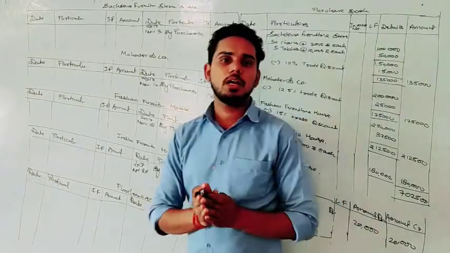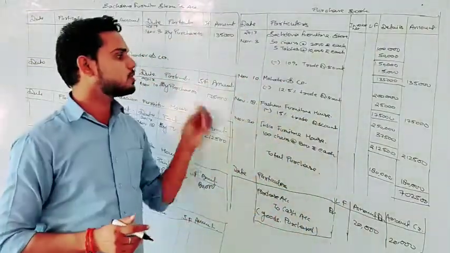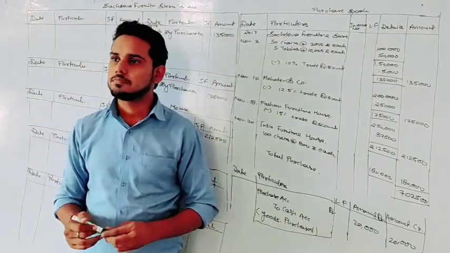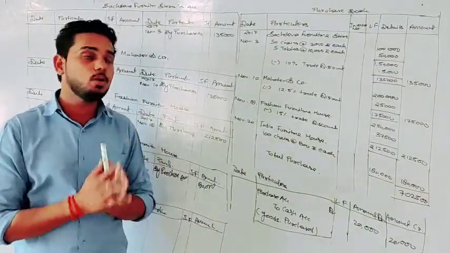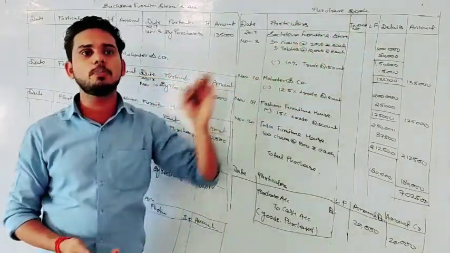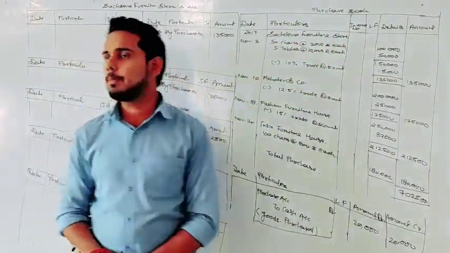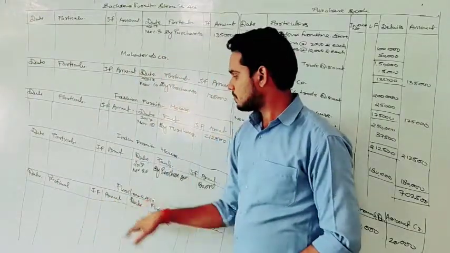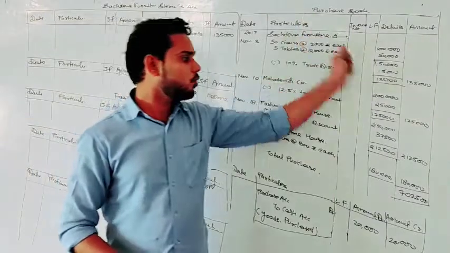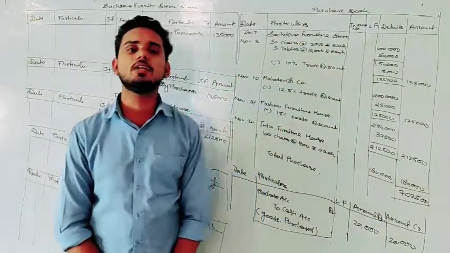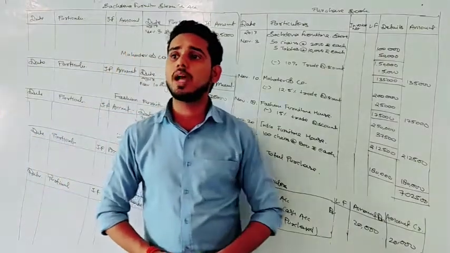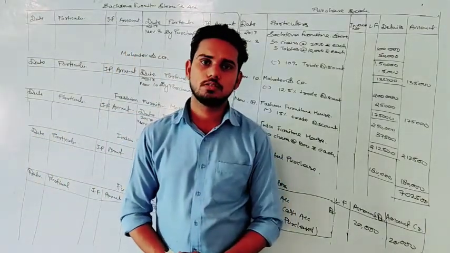Now see, we have prepared the account posting for all the parties from whom we have purchased on credit. But from that particular subsidiary book, we need to do posting into the purchase account also. So we have prepared a purchase account, right? Format is similar to all other accounts. Now see what is the amount of total purchase. So total purchase is 7,02,500. Now sir, which side do we need to write and what will we write?